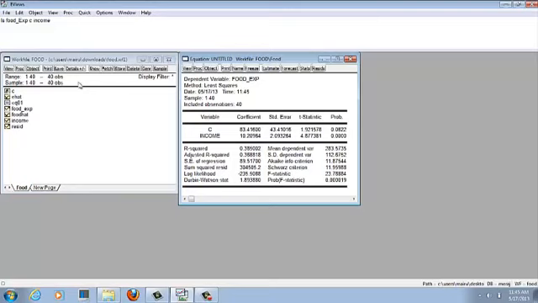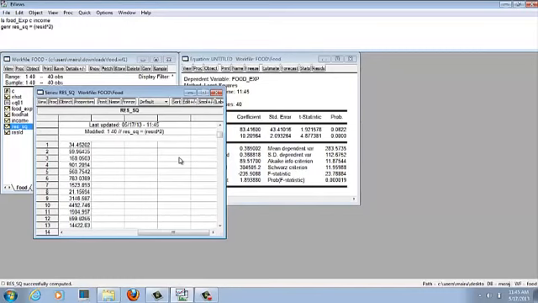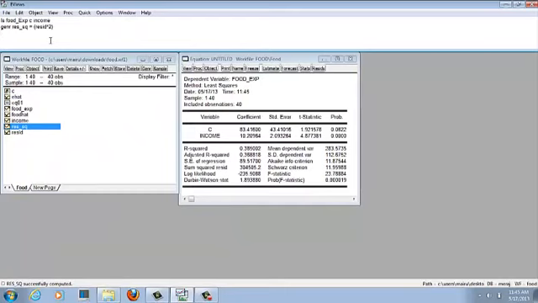So the second step, we have to generate a variable. I'm going to generate by using the command generate squared residual is equal to residual square. Now we can see here, this is the new variable, residual square. Now we run our regression on this to check the relationship between residual squares and